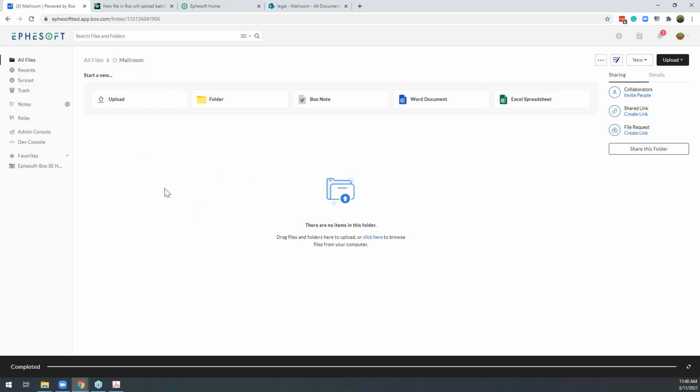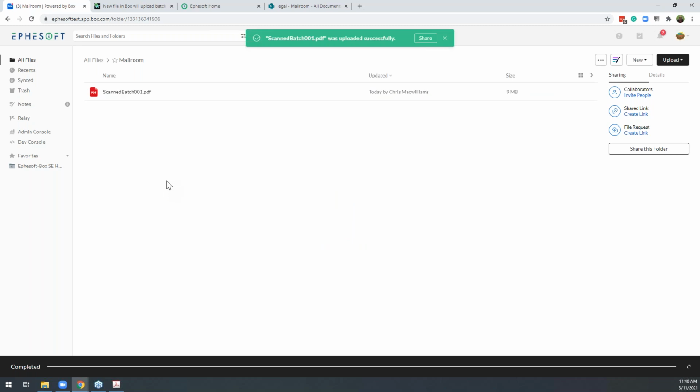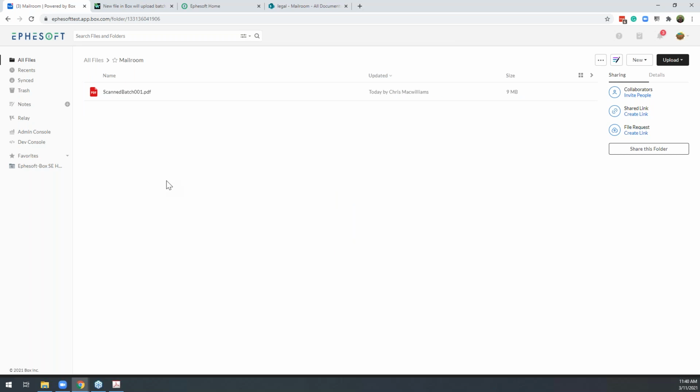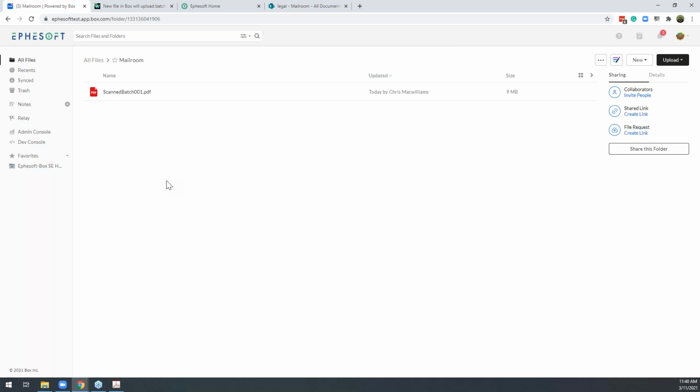This is an actual real live situation where customers are in a hybrid position and they can have scanners scanning into their Box account that are disparate, distributed across an enterprise. So Box can sometimes be a great cloud repository to be able to move these types of files around the organization.